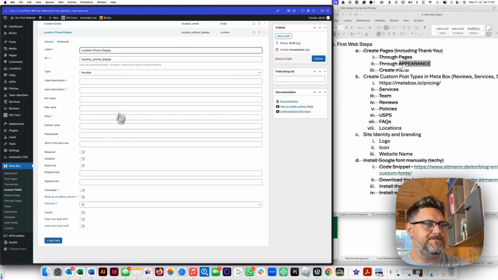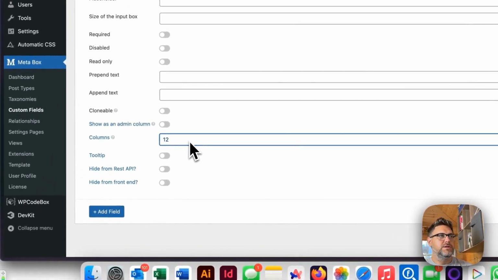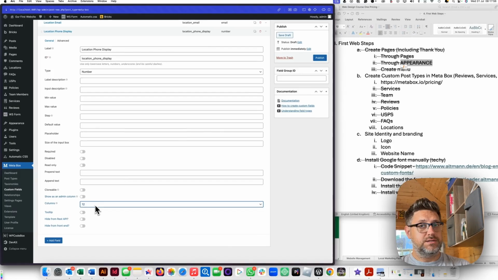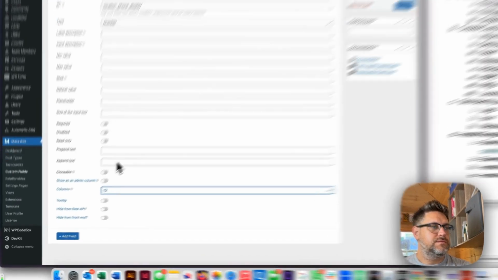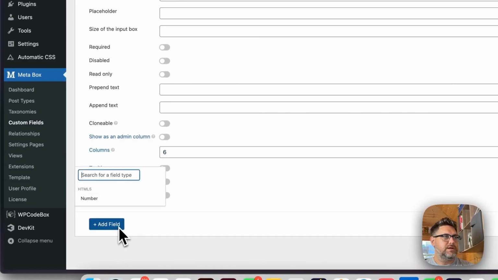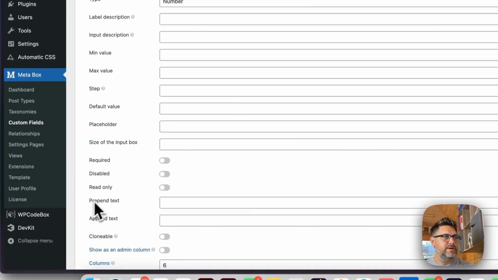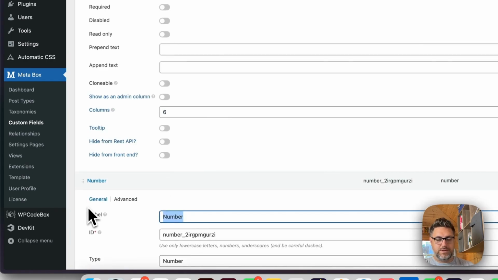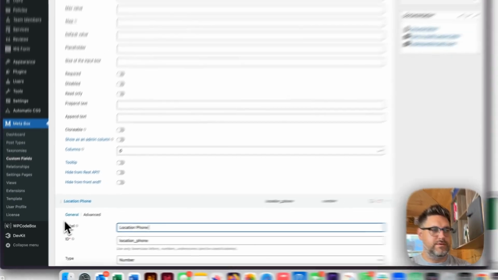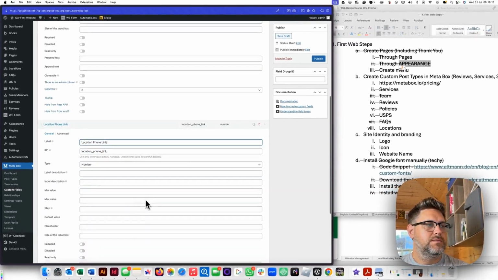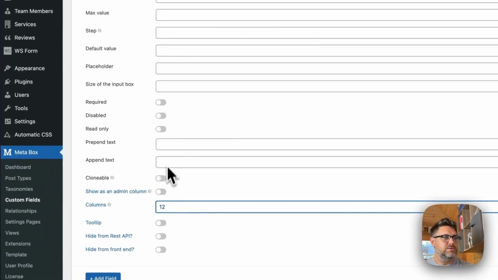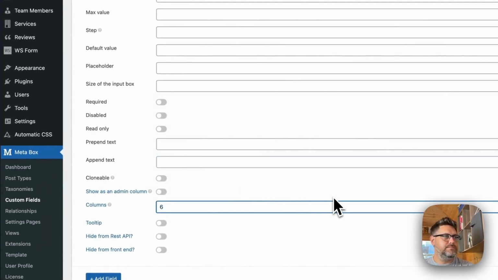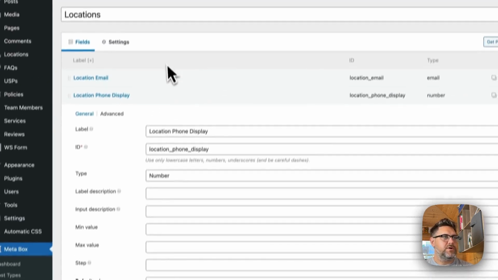Down here under columns, you can see you've got by default 12. I'm going to change this to 6, and I'm going to show you why in a second. So change that to 6, then add another field of number, and then location, phone, link. Make that 6 as well. In terms of columns and things,